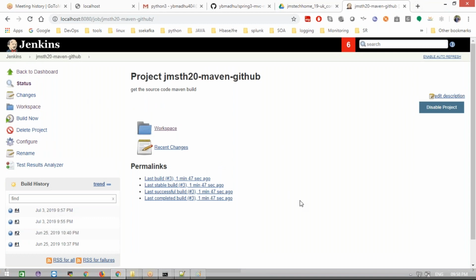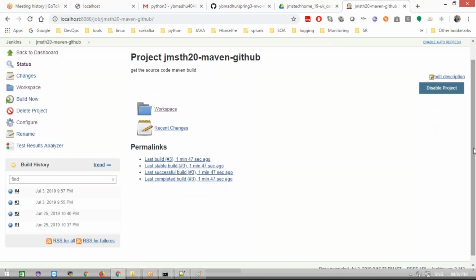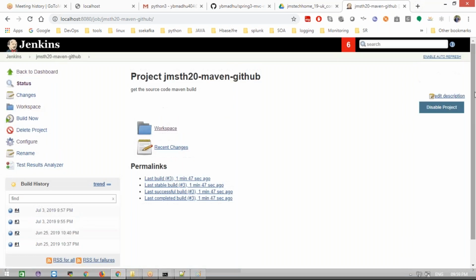For the Jenkins servers, the mount point, the Jenkins home directory, is the one place that shares all the data. Whatever projects one server contains, the same projects are available on another server too, and that server also has the same projects. If one server goes down, node down, it will go to another server, and you can access the other server URL. We'll see that later on. That is a project manager level question. Clear guys? Master slave architecture in Jenkins. Any questions as of now?